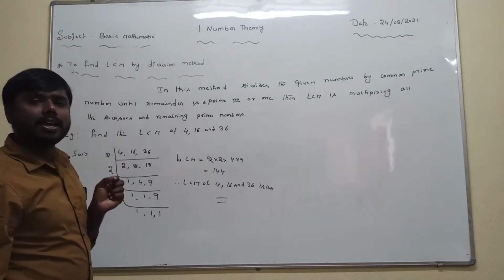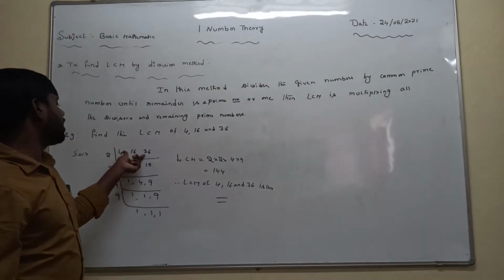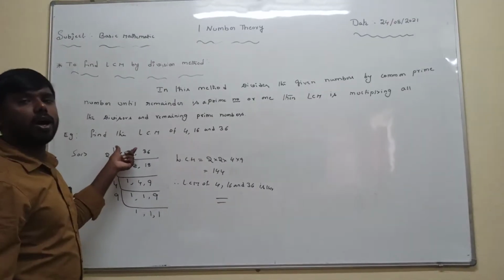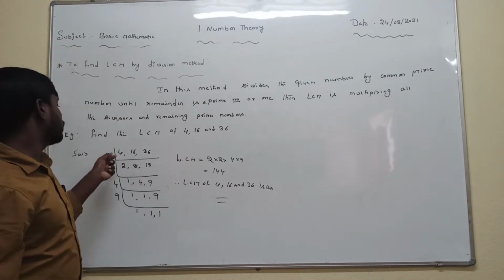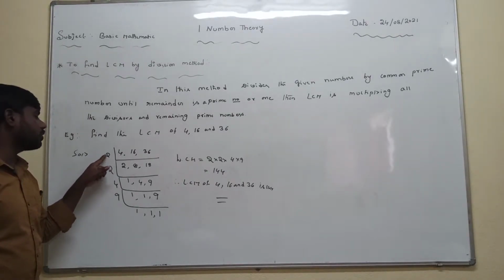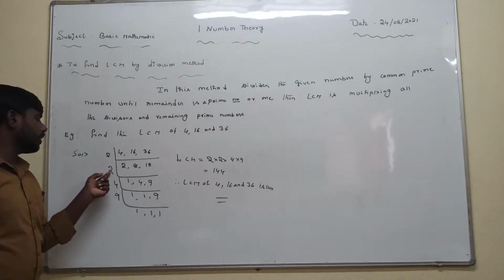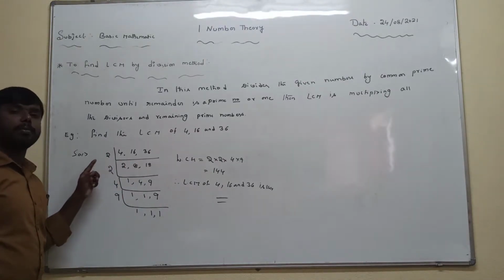Divide the given numbers by a common prime number. So what are the given numbers? Definitely 2 or more numbers divided by a common prime number. Here 2 or more numbers are divided by 2. That's why I am taking the least common number 2. Now here 2 is divided by 2, 8 is also divided by 2, so it is also divisible. That's why you take another common prime number 2.